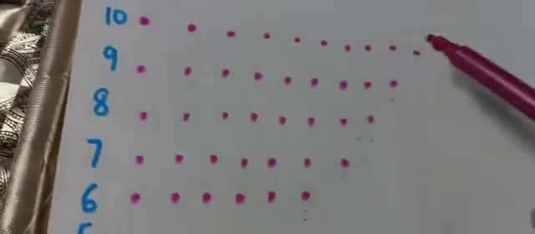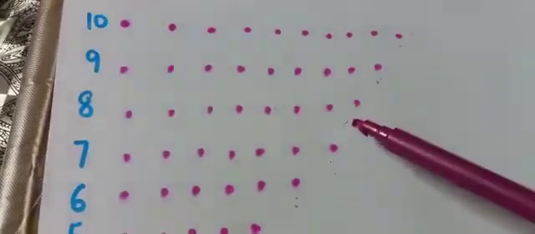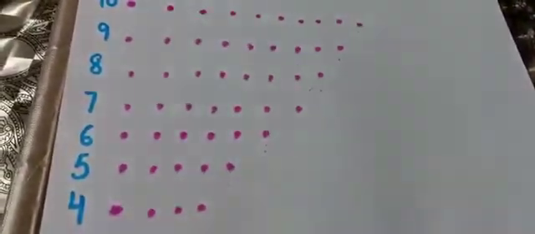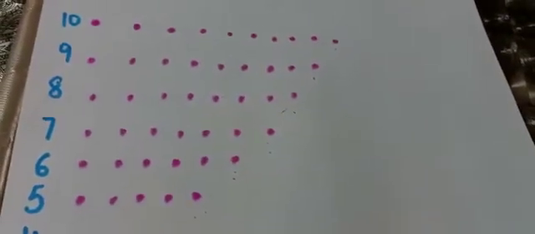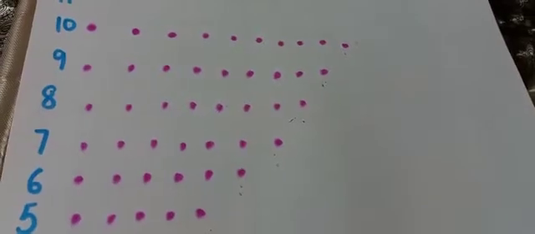You can see this is the decreasing order. It becomes less and at last very few. To go upward is called increasing order and to come downward is called decreasing order. So today we will write counting in increasing order and decreasing order, means in ascending order and descending order.